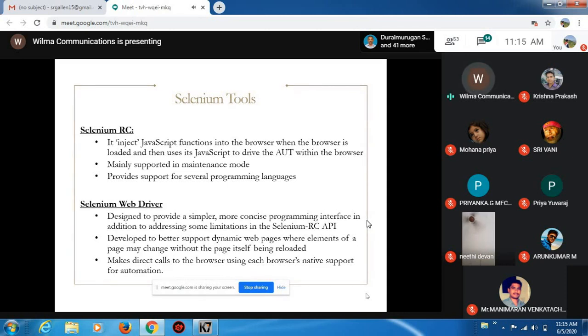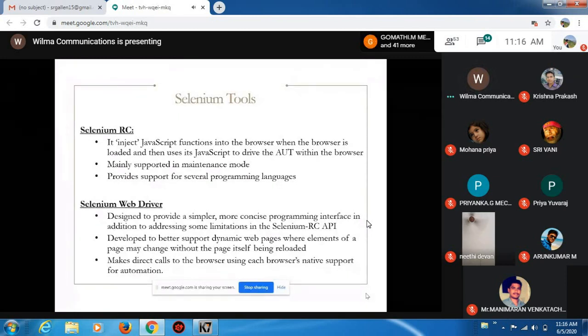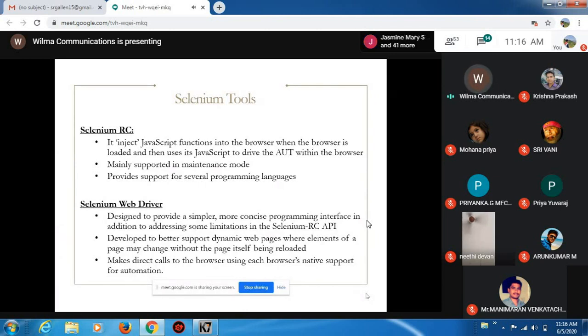The server filters those requests, then takes the request and forwards it to the appropriate web server. When you conduct testing this way, it is called Selenium RC. In the other method, I do not use any intermediate server. I directly pass my request to the web server, which is called Selenium WebDriver.